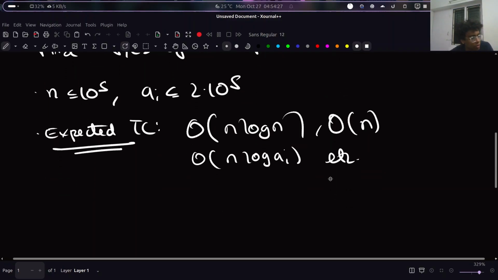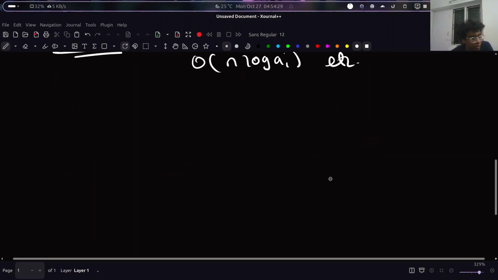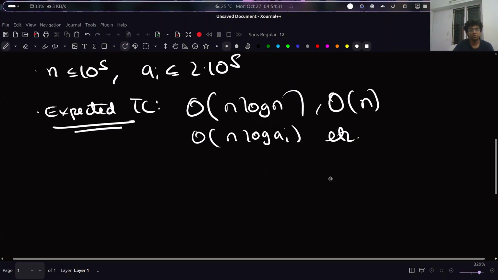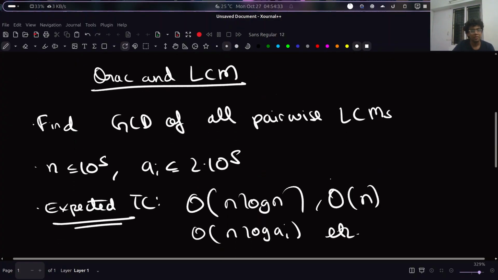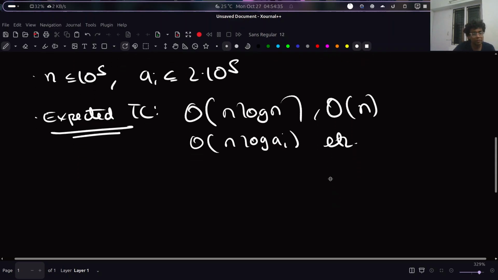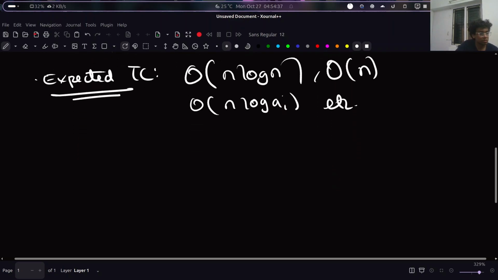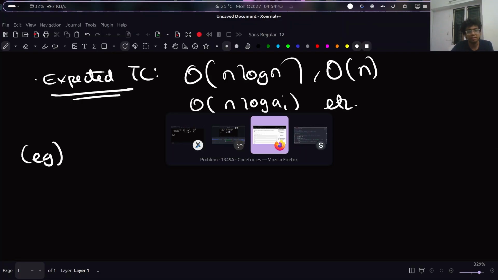All right, so let's go ahead and break this problem down. So basically we need to find the GCD of all pairwise LCMs. So this is a very number theory-ish problem. So we'll have to take some examples and see what's happening. So for example,